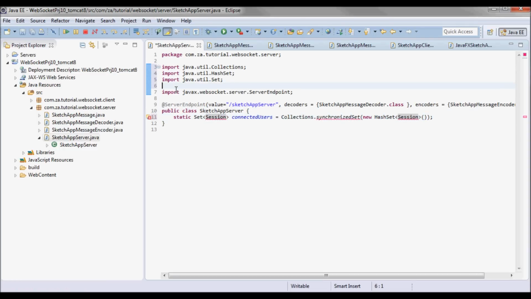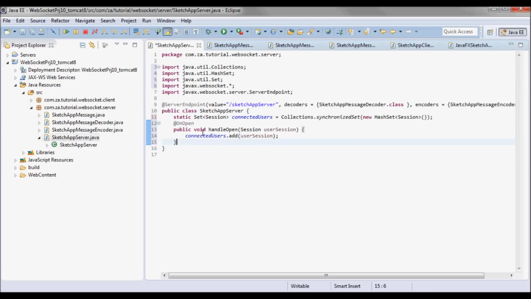And let me import this javax.websocket, and I'll have this handle open method annotated with onOpen. So this method will be called once a WebSocket connection has been established and a session is created.